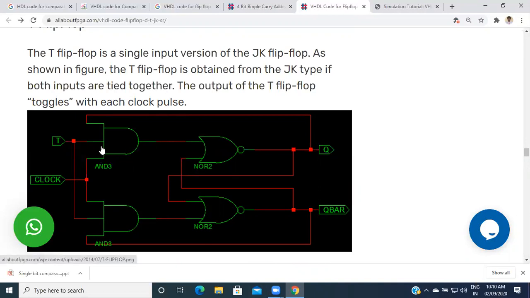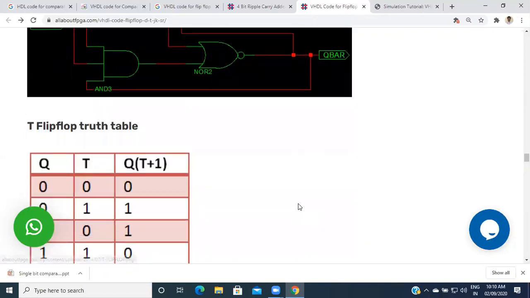If both inputs, the first input and the second input, are the same and tied together, the output of a T flip-flop toggles with each clock pulse. With each changing clock pulse, the output is toggled.